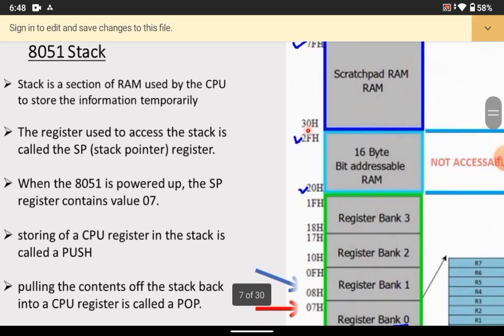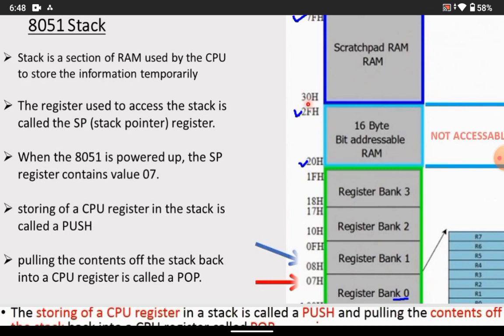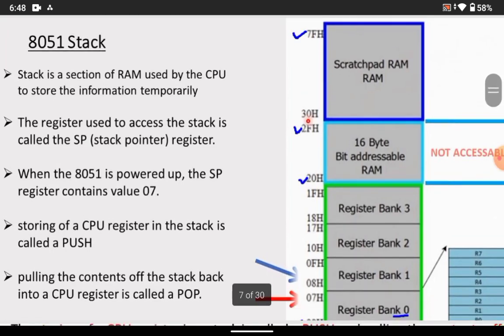So now 8051. I explained this part in the previous class itself. In 8051 the stack is a part of memory where we can store something. That part is nothing but the stack. And here the stack pointer is an 8-bit register.